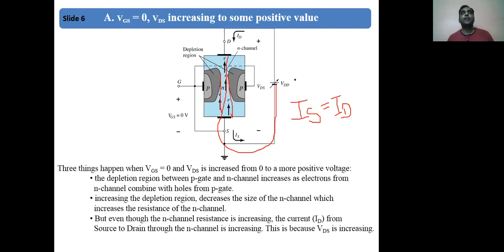Now what will happen if you apply more VDD? Okay, the electrons will be repelled with more force, so you will have more current. Again you increase the voltage, again you will have more current. So as you increase the VDS value, your current ID will be increasing with the VDS. Okay, but there is a problem. At one point your current will stop incrementing and it will be fixed, it will be saturated, and even if you increase the VDS further, the current will not increase.